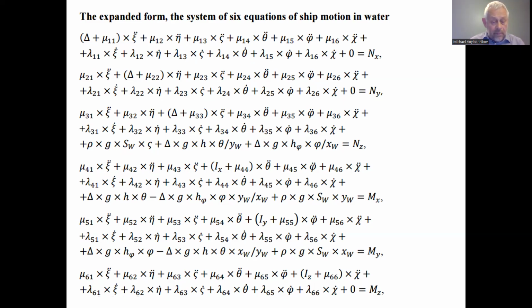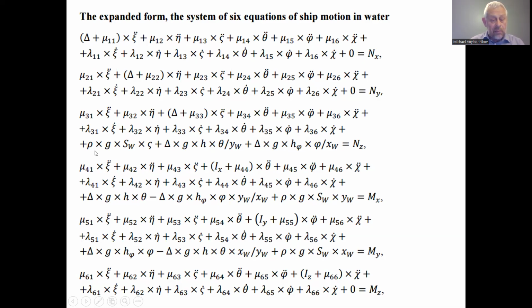So the force arising in the vertical direction along the applicate axis when the ship moves in the vertical direction is proportional to this: the weight, the mass density of water,